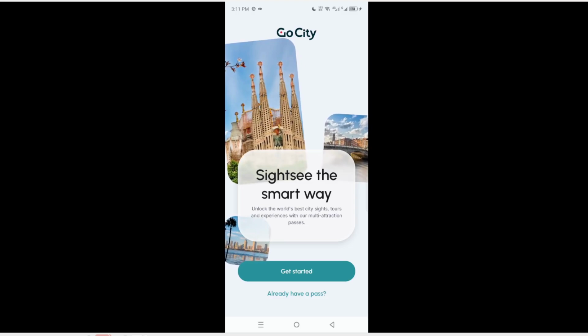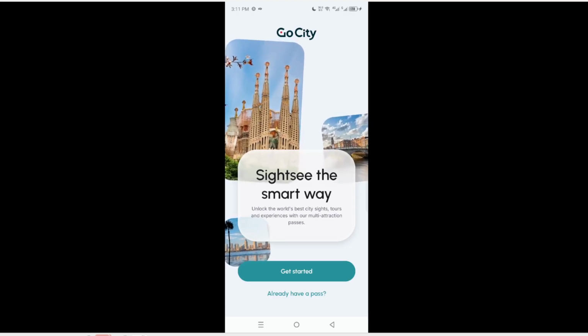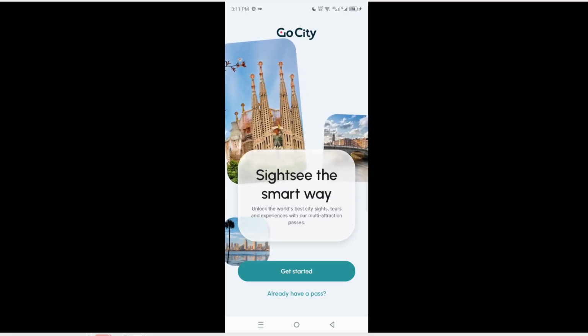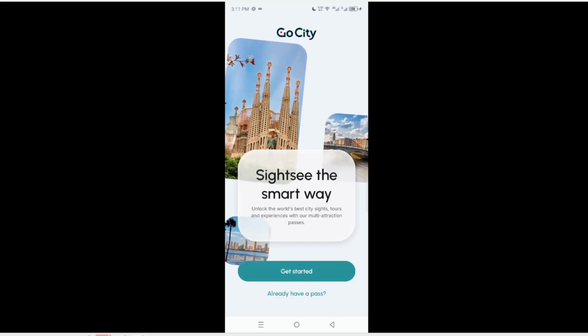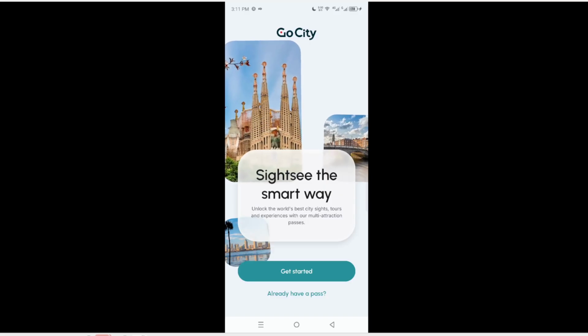In summary, you have successfully downloaded the GoCity app on your Android device. Remember, following these steps ensures a smooth installation process. You can now enjoy the benefits of the GoCity app, which can help you plan